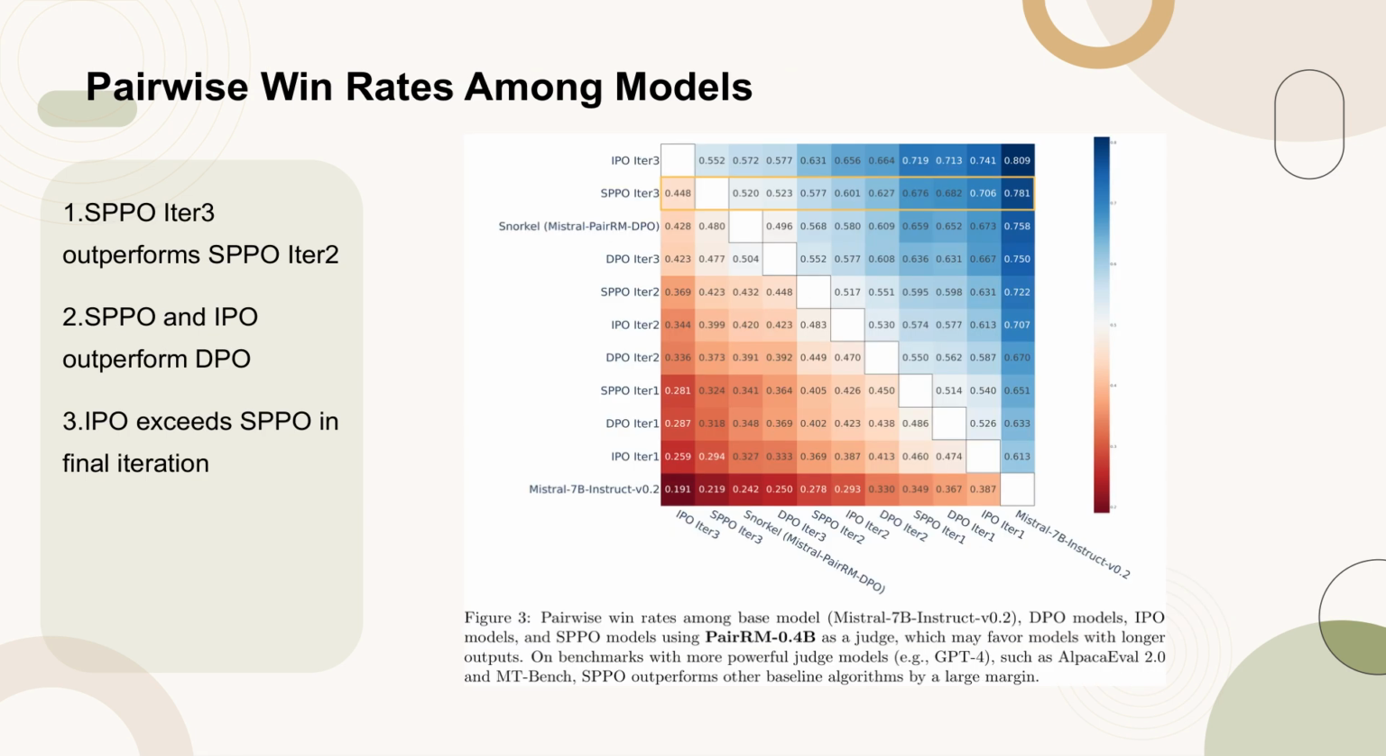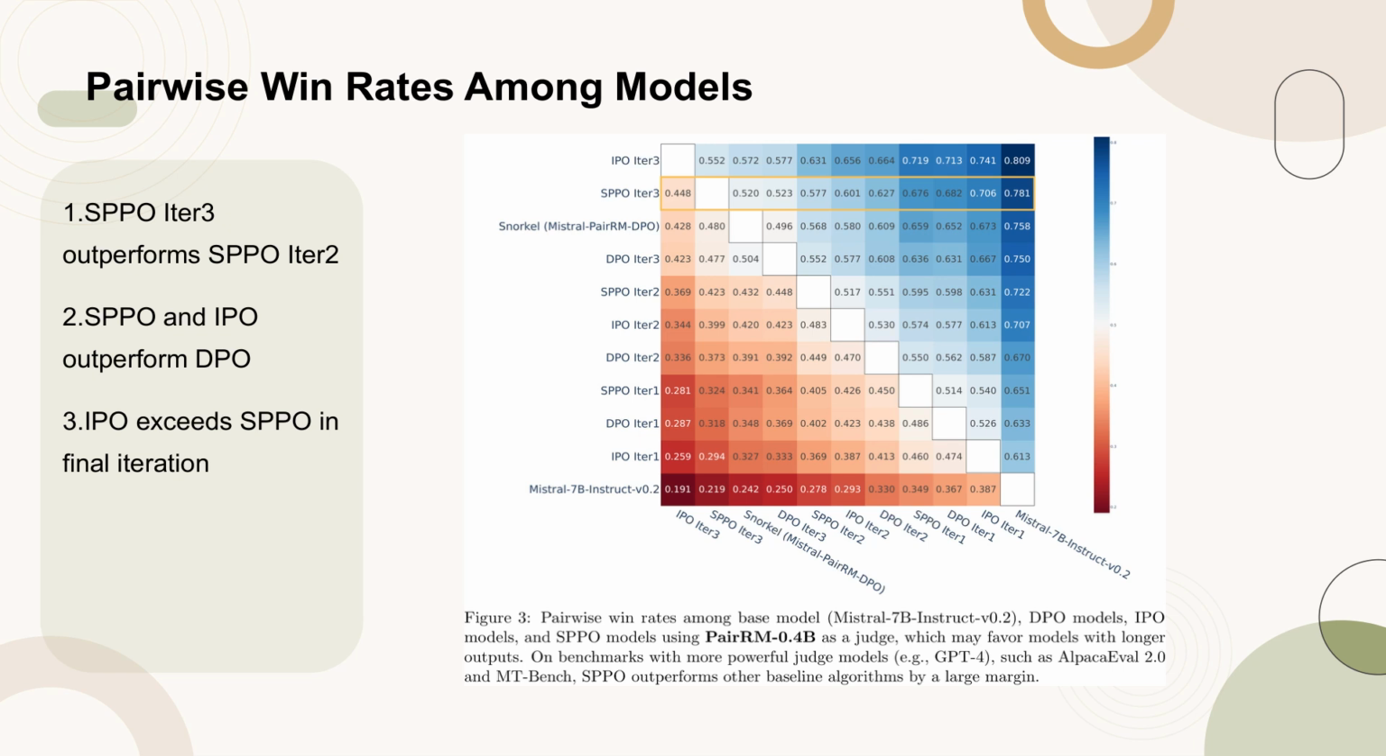Figure 3 illustrates the pairwise win rates among the base model, Mistral 7B Instruct v0.2, DPO models, IPO models, and SPPO models, evaluated using PairRM 0.4B as a judge. This judge may favor models that produce longer outputs. The figure highlights that SPPO iteration 3 consistently outperforms SPPO iteration 2. Additionally,